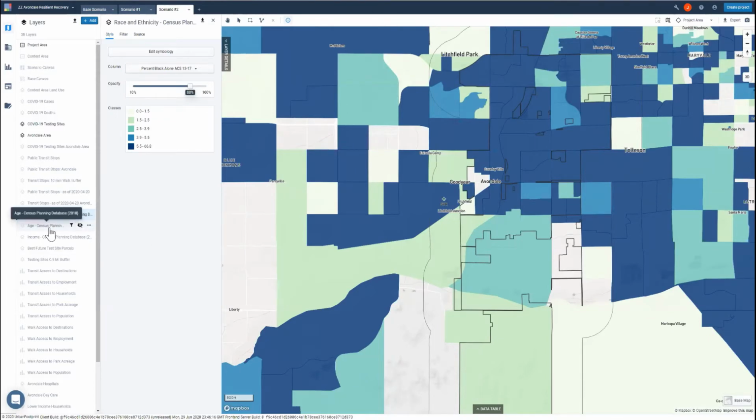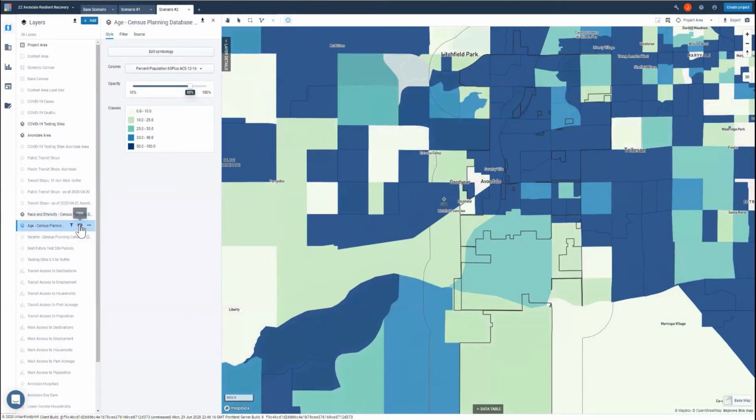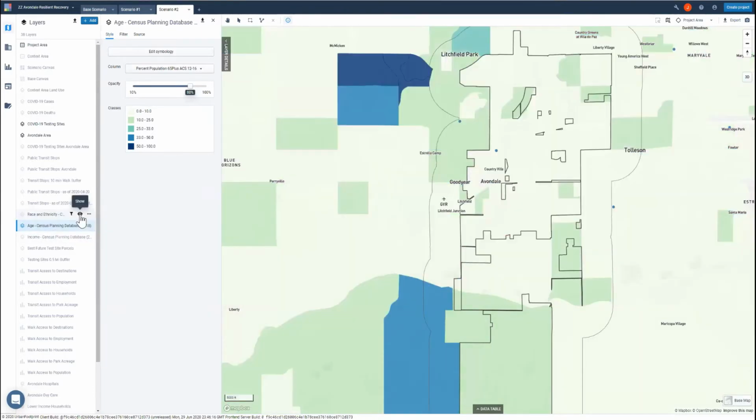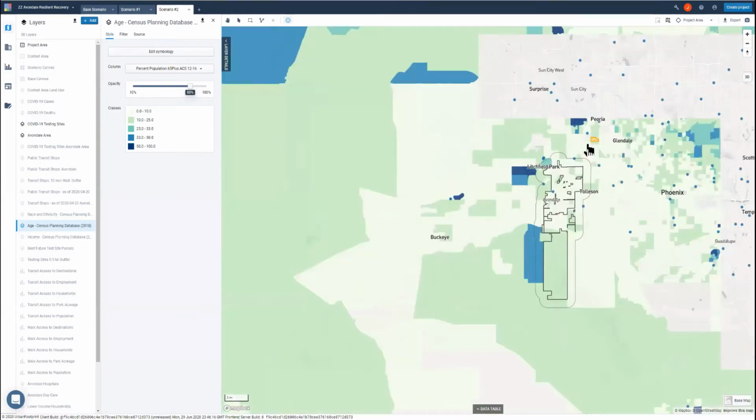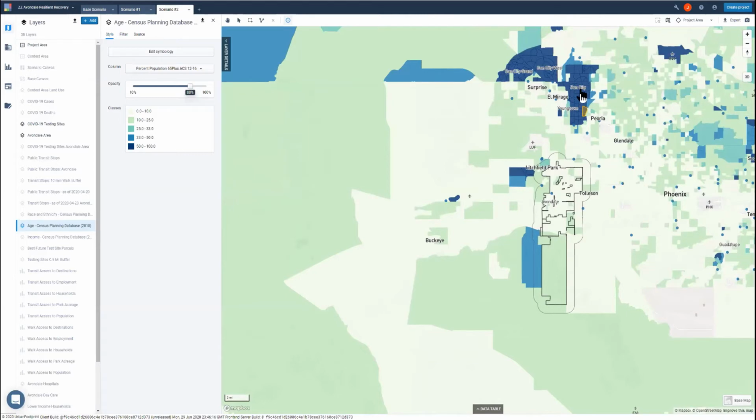Now I'm going to turn to our census information for age. So I'll turn off my race and ethnicity data and I'll switch to my age database here. We can see that overall, there's not really a high concentration of seniors within the city limits. So a number of the concentrations of the locations with seniors are outside the city limits. And since we have this regional scale available, you can see that in, say, Sun City, which is an actual retirement community, and some of the other locations here, you can see that there really is a high concentration outside of